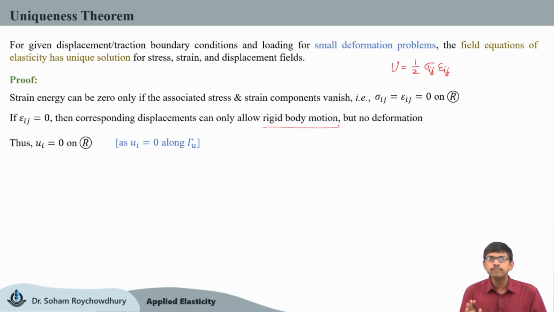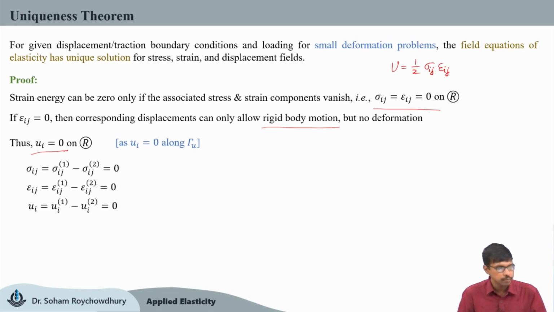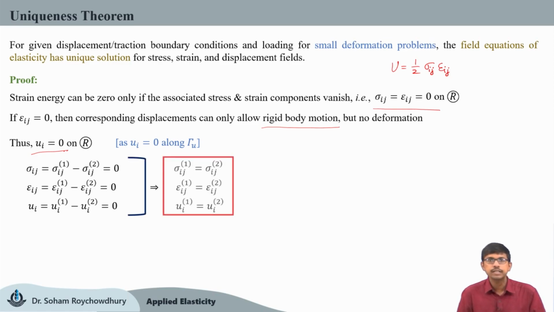So, we cannot have different values of ui within the body. Along the boundary ui is 0, then for the entire body displacement ui must be 0. So, hence strain energy 0 refers to stress, strain and displacement, all of them being 0 within the entire body. So, sigma ij, epsilon ij, ui all are 0, meaning the difference solution goes to 0,